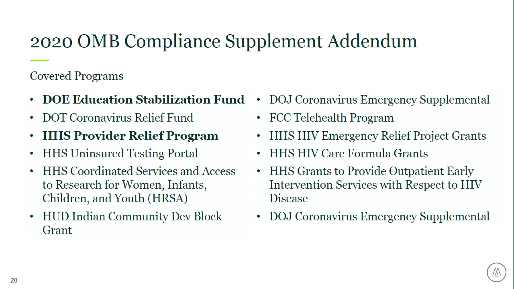Sasha mentioned the concept of lost revenue. That was one of the bigger issues, that there's a need for specific guidance on how to calculate lost revenue, what periods to look at when determining the amount of lost revenue. And in no uncertain terms, the GAQC said that the provider relief program was not workable in its current form. So the government has been going back and trying to address those.